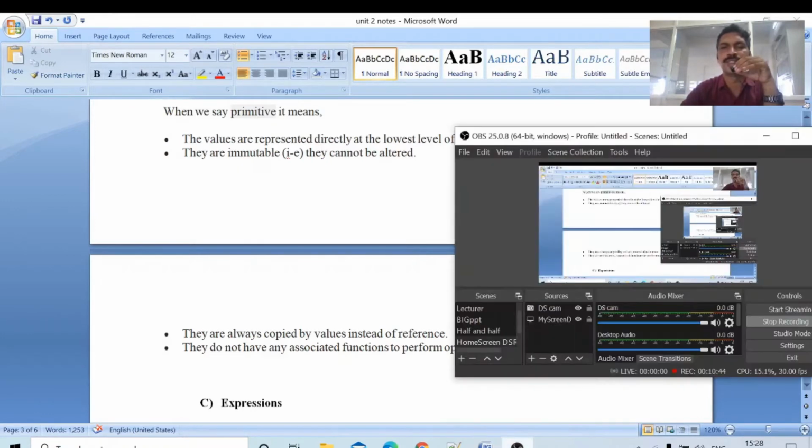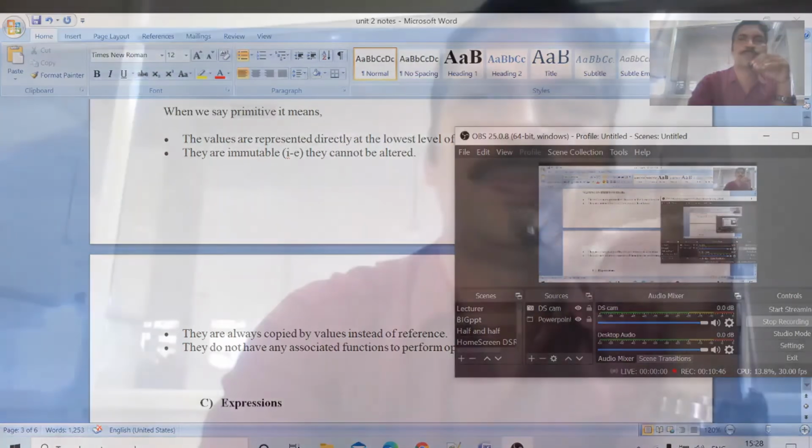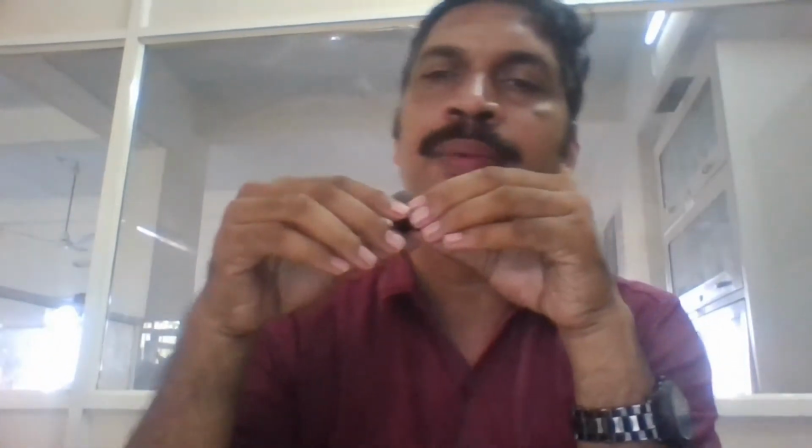Suppose the statement is a = b. The value of b will be copied to a. a = c: the value of c is copied to a, not the address. a = &b would mean the address of b comes into a, but here we are not talking about addresses.